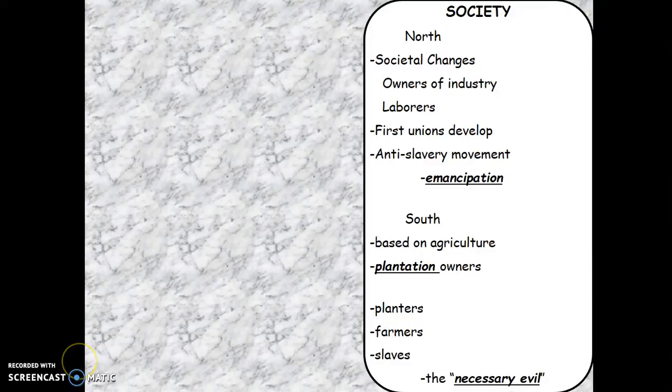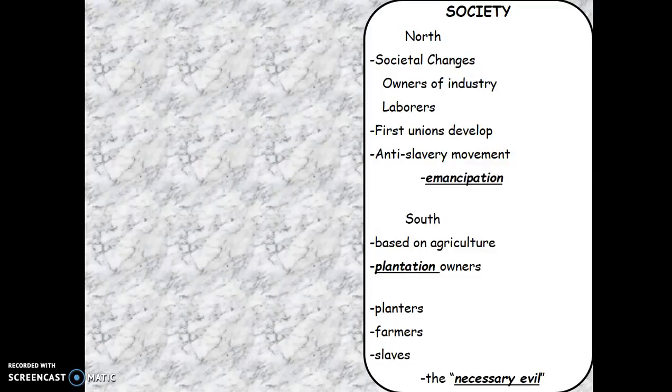Society, the North and the South, very different, even though they're the same country. The North, because of its climate, is not a farming agrarian type of area. It is an industry area. It looks a lot like Caldwell County does, or did, with the number of factories that we used to have here in Caldwell County: Bernhardt, Broyhill, McCrary Modern, Kincaid, Fairfield. The North is that way. Lots of different industries, factories where people went and did a regular 8-hour-a-day job.